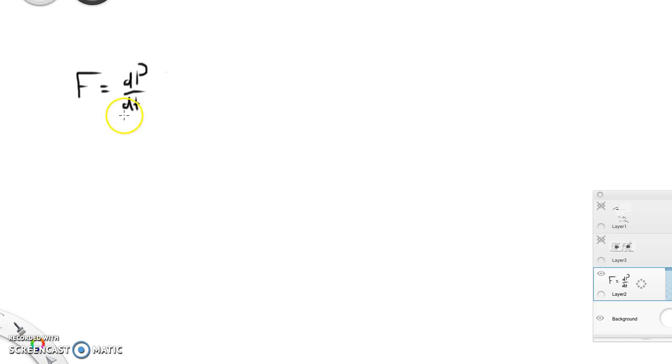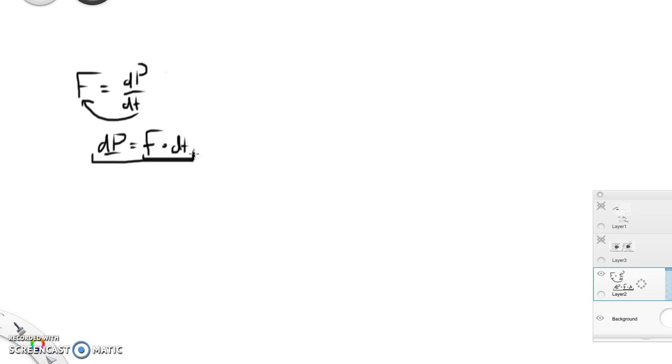If we were to take dt and multiply it over to here, we find that dp is equal to the force times dt. So basically what this tells us is that the change in momentum is equal to the force